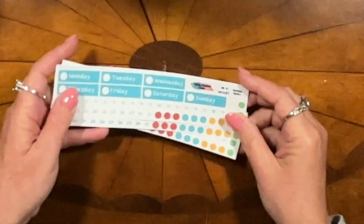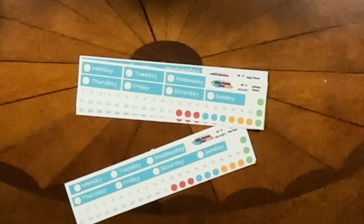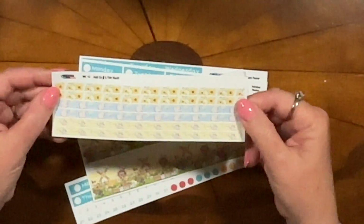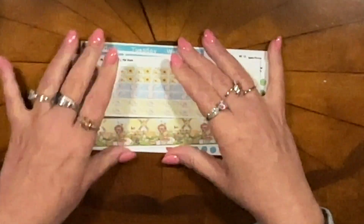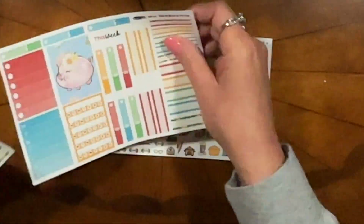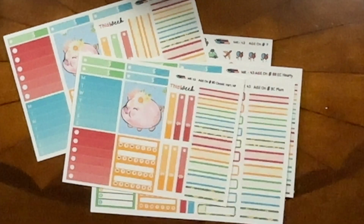The pretty blue is the main star of the show for all your header strips. Okay? And then we have, let's skip the decorative washi for a second. You get this as your thick washi. And then these are your thin washi. So you get the sleeping cow, the piglet, and the sunflowers. Here are your two-tone scripts and icons. Here is your sidebar elements for the EC hourly, the EC vertical, the plum paper, and for the classic vertical